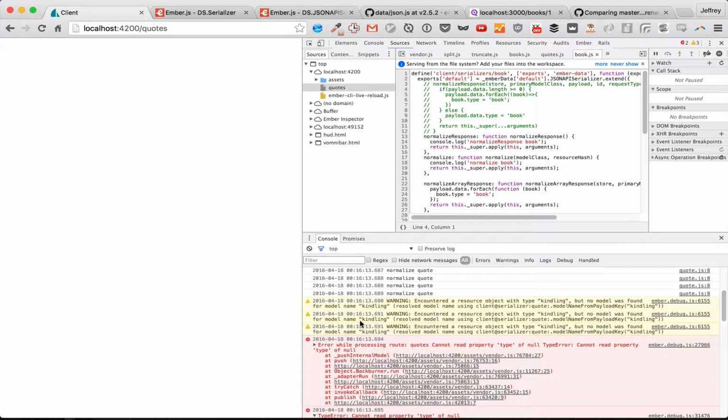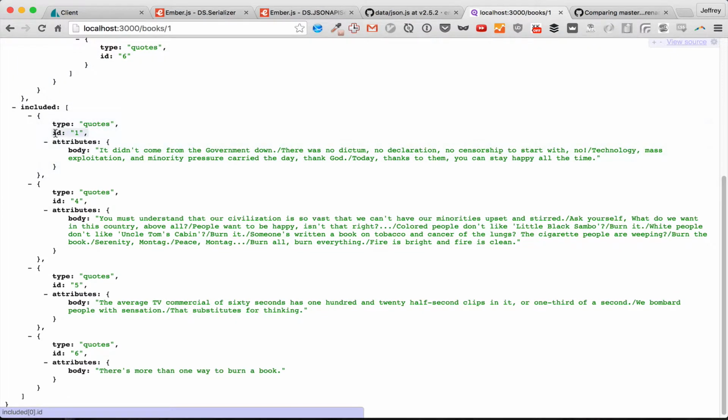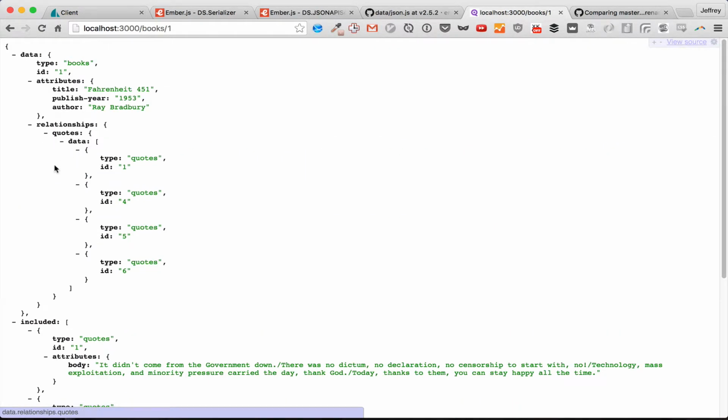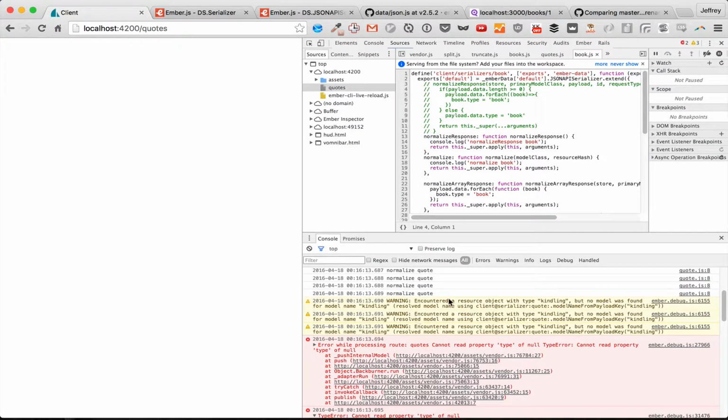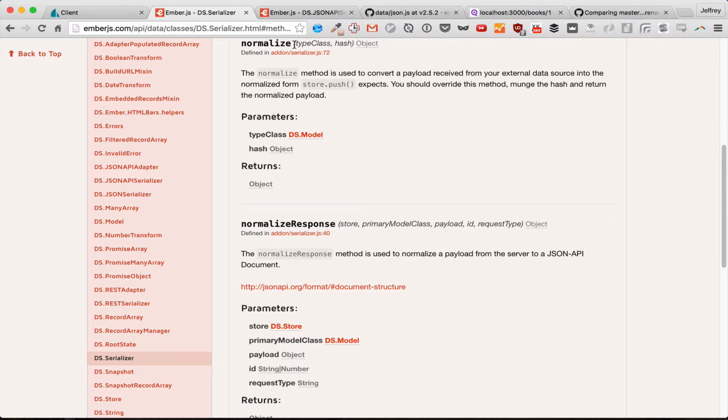So if I had completely understood the serializer before I started on this screencast, I would not have chosen type as the one to change from book to kindling. I would have changed the ID or the attributes or the relationships, because the type is the one place where Ember Data does not have your back if it's going to change. Because as you can see, it's failing before we even get to normalize. It's trying to call normalize, but it can't find the model for kindling. And so if you want to rename a type, you'll have to actually change it in every single normalizeResponse, because it uses the type class to find